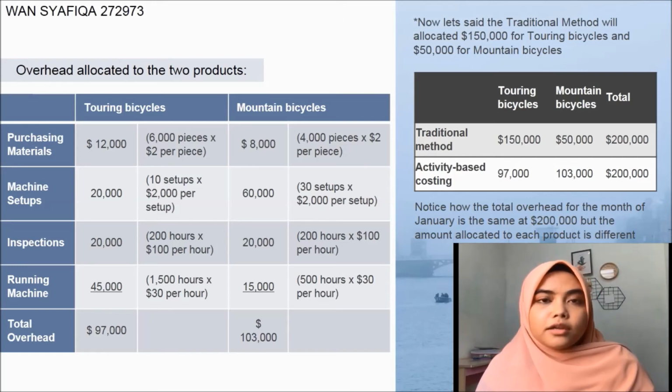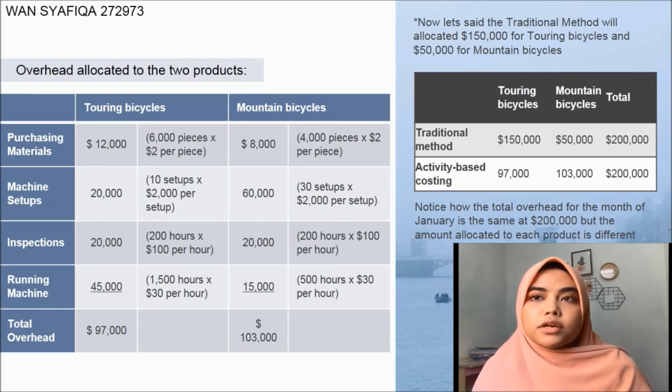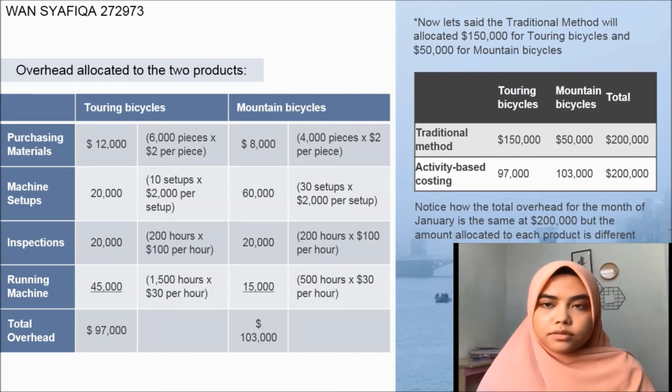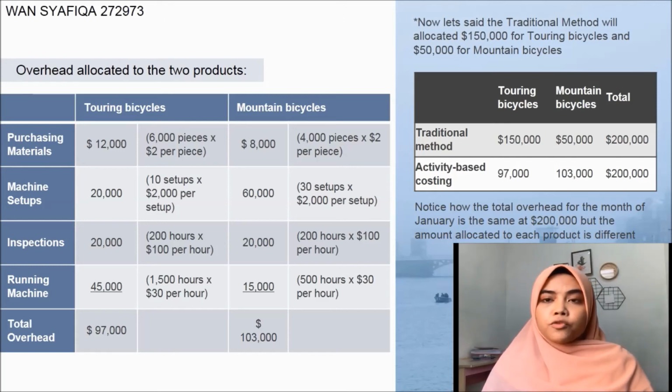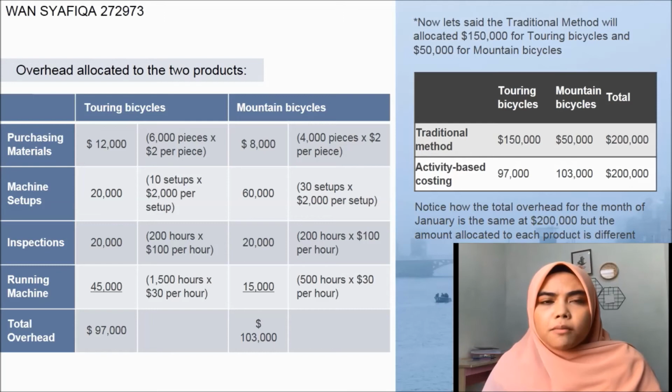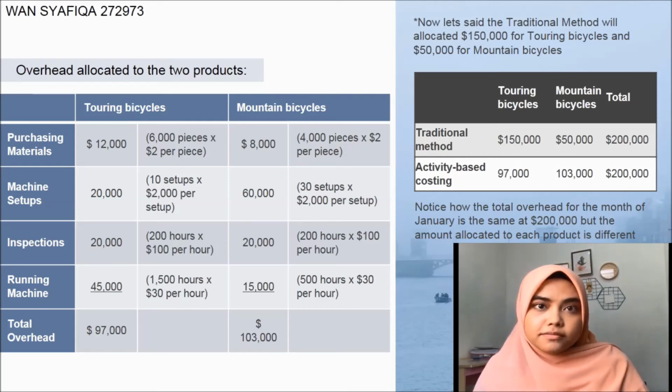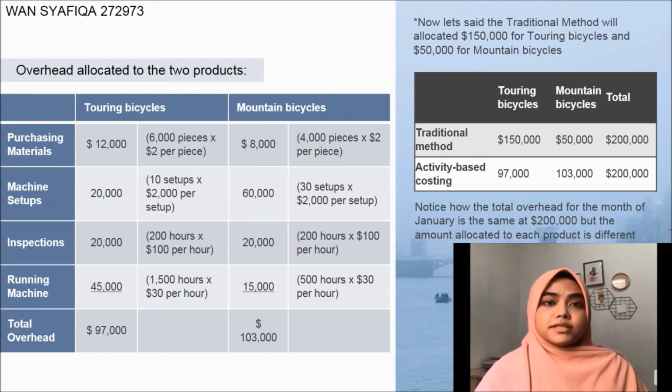They find out that the traditional method will allocate $150,000 for touring bicycles and $50,000 for mountain bicycles. Notice how the total overhead for both methods is the same, $200,000, but the amount allocated to each product is different. Overall, from this example, we can analyze that more overhead is allocated to the lower volume mountain bicycles using activity-based